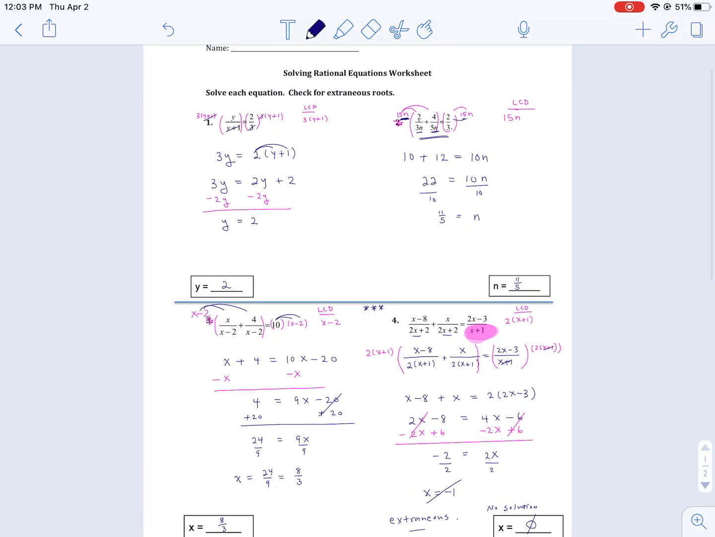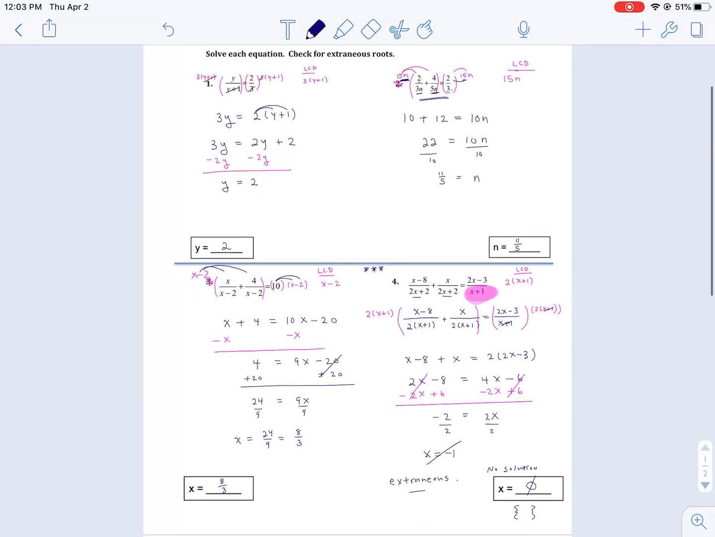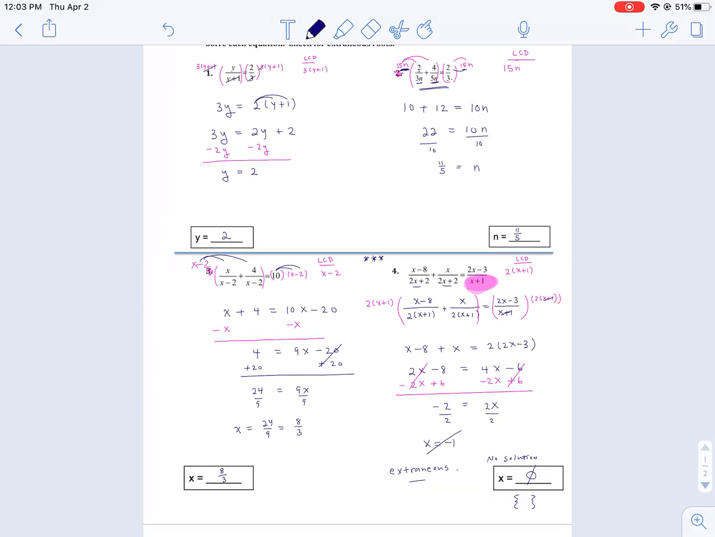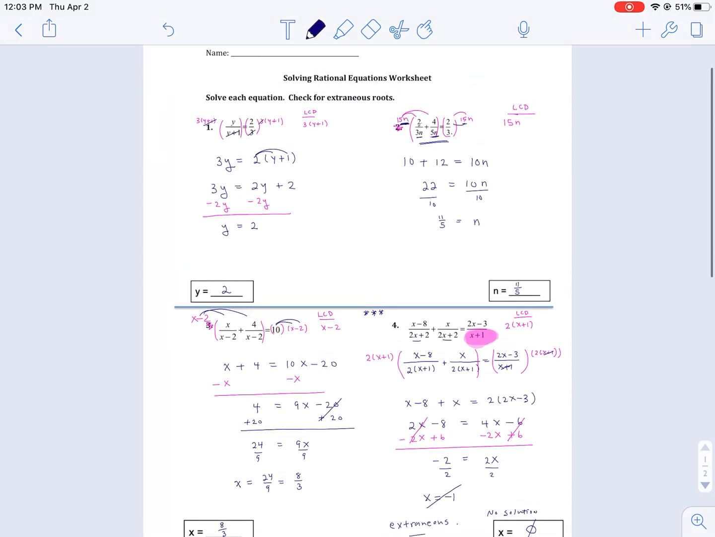So to recap, you got to have everything factored. You got to find your least common denominator. Multiply everything by the LCD to get rid of your fractions, and then it should be a pretty easy problem to solve. And finally, you got to plug back in. So there's a lot of steps